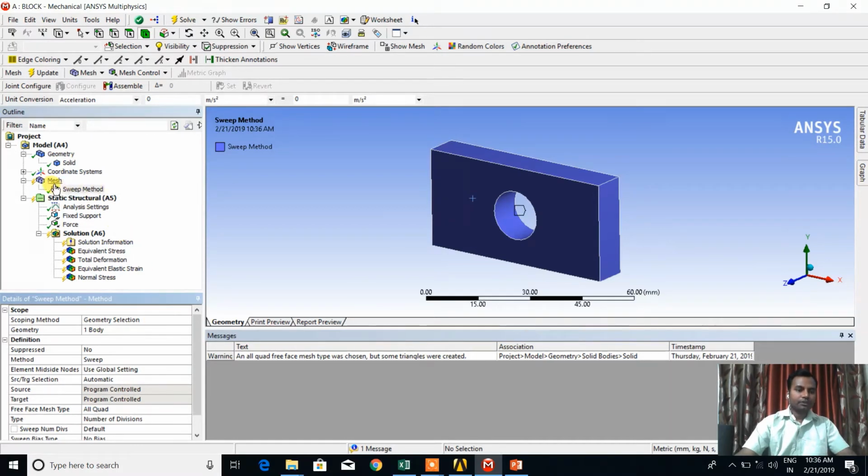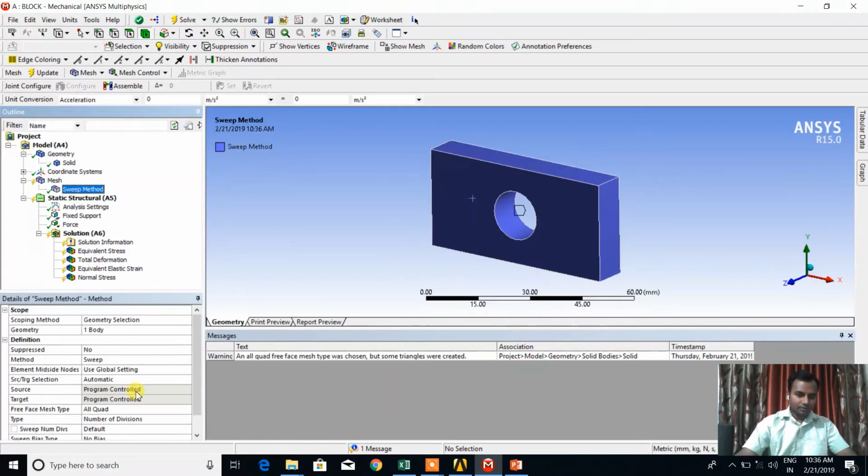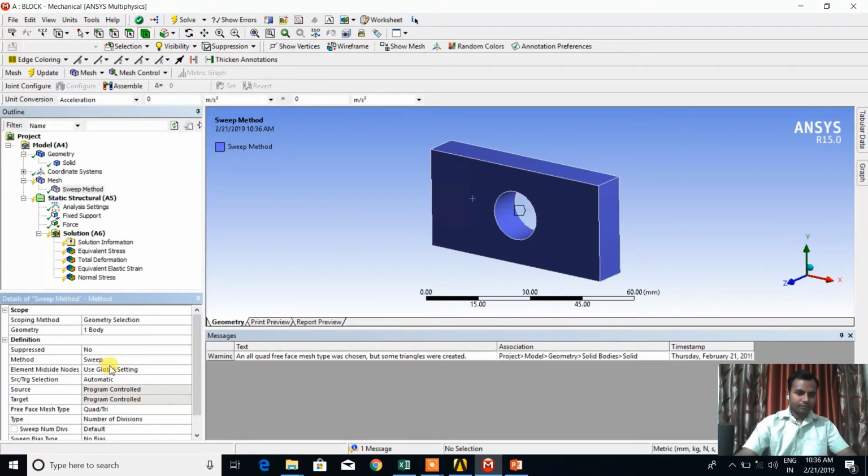In the sweep method, we will change all the quads into quad tri sweep, and generate mesh.